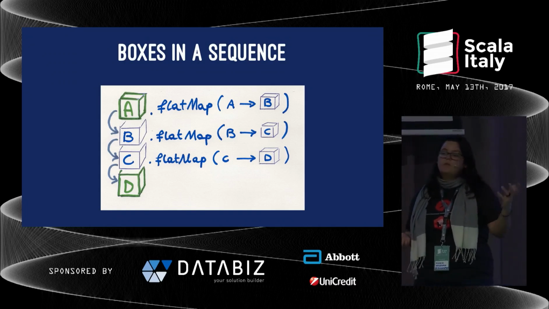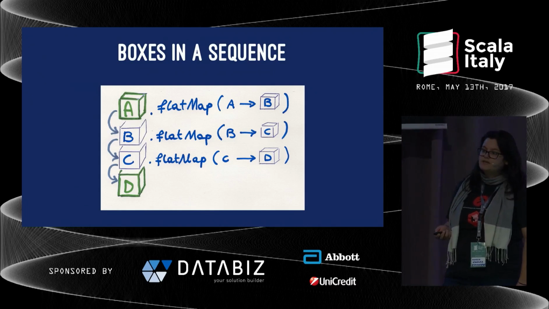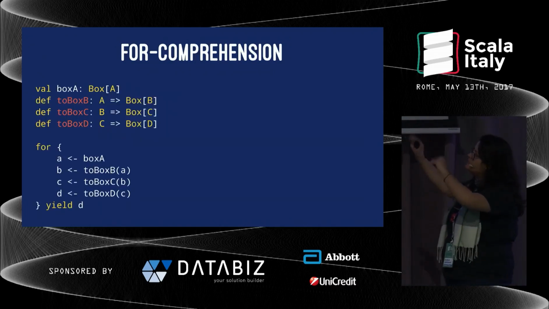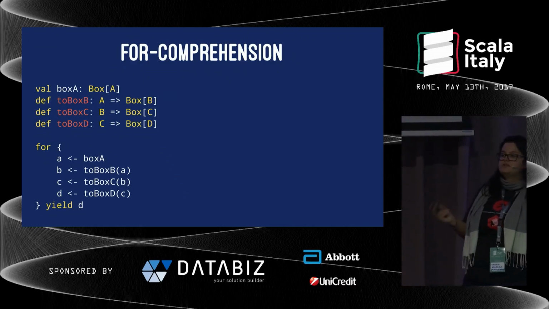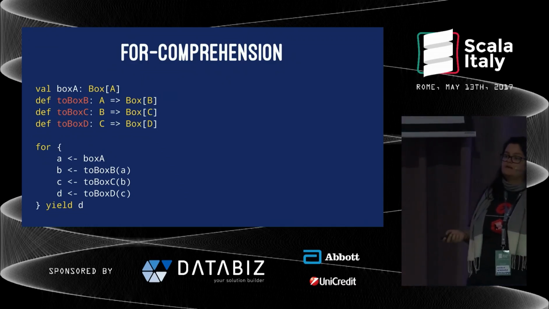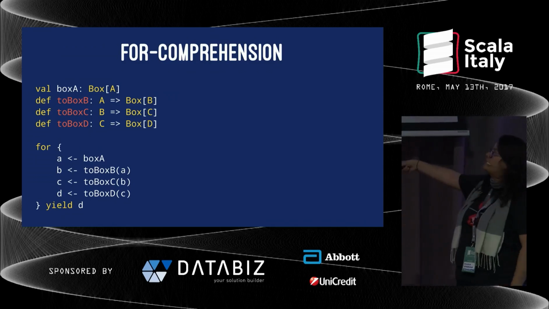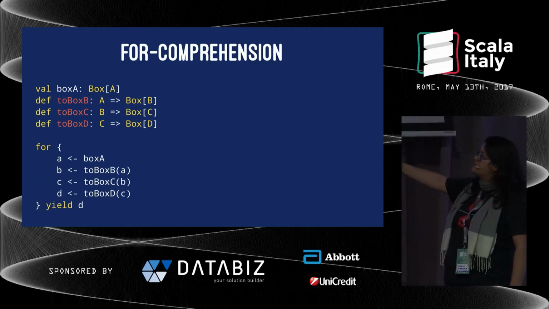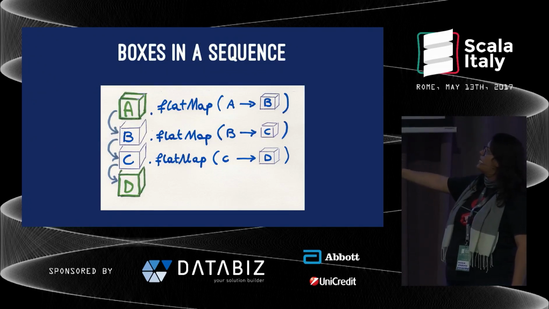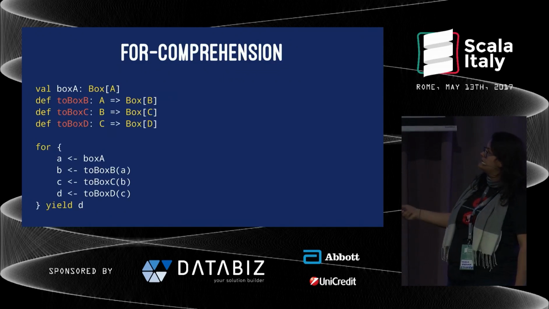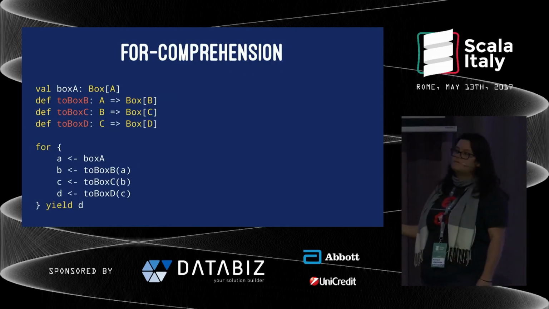So we know how to do this, right? In Scala, we have this beautiful thing that is called for comprehension that is basically just syntactic sugar to represent exactly that. And if you look at the code, it's split in multiple lines. So in a way, it's exactly the same as the drawing that I just showed to you, right? Things are in this order, A, B, C, D. So is the code, right?